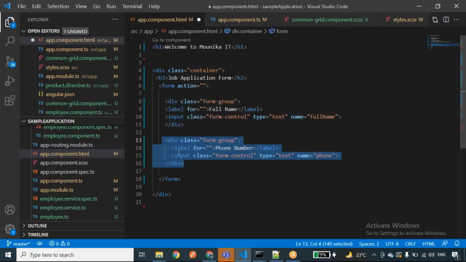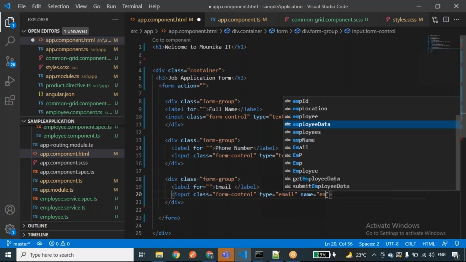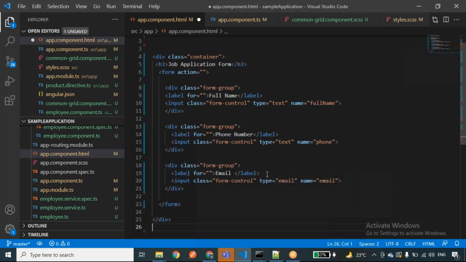Next I'll take the email. The type will be email, and the name will be email. So we are done with the full name, phone number, and email, which are the text box kind of fields.